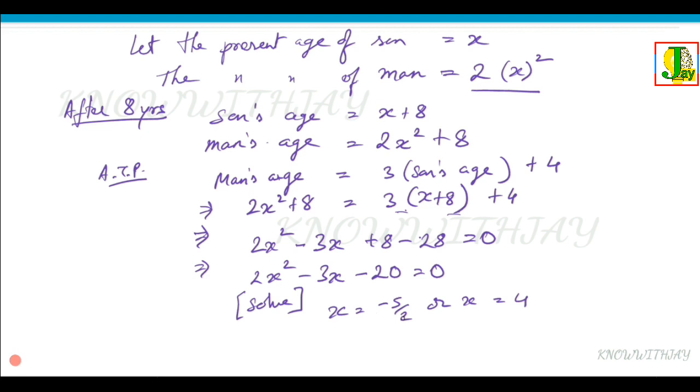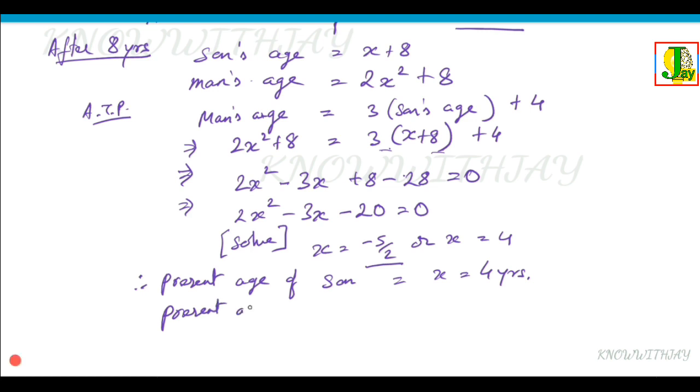x is the present age of the son. So that cannot be negative. So discarding the negative value of x, therefore the present age of the son equals x, that's 4 years,